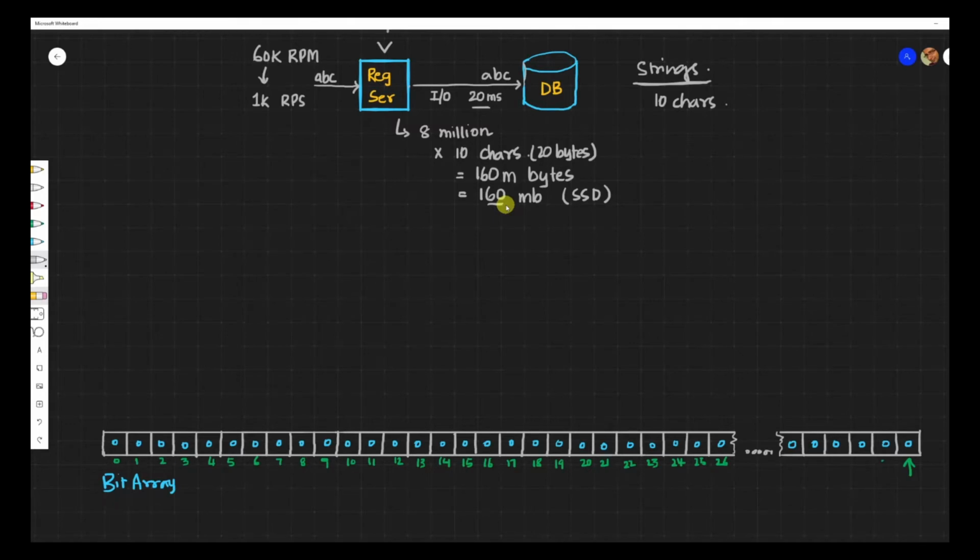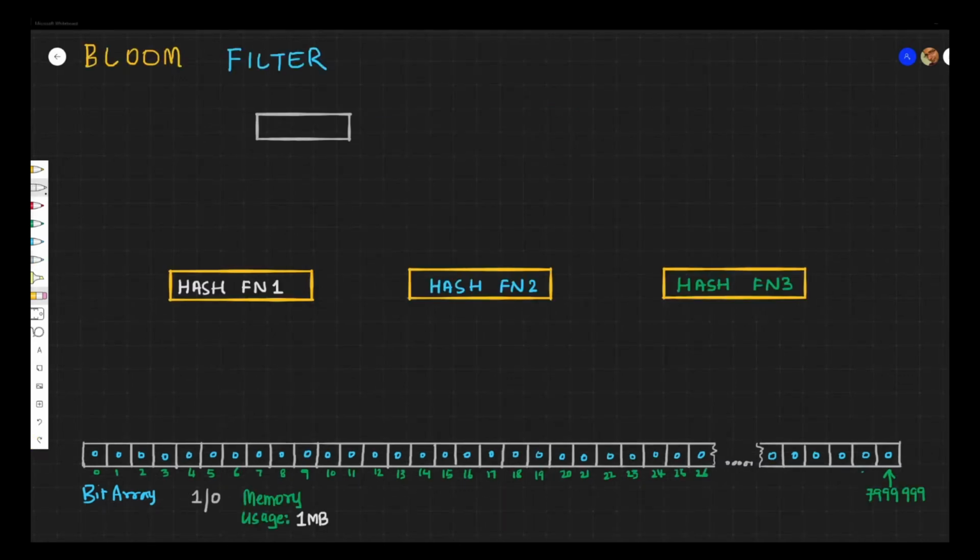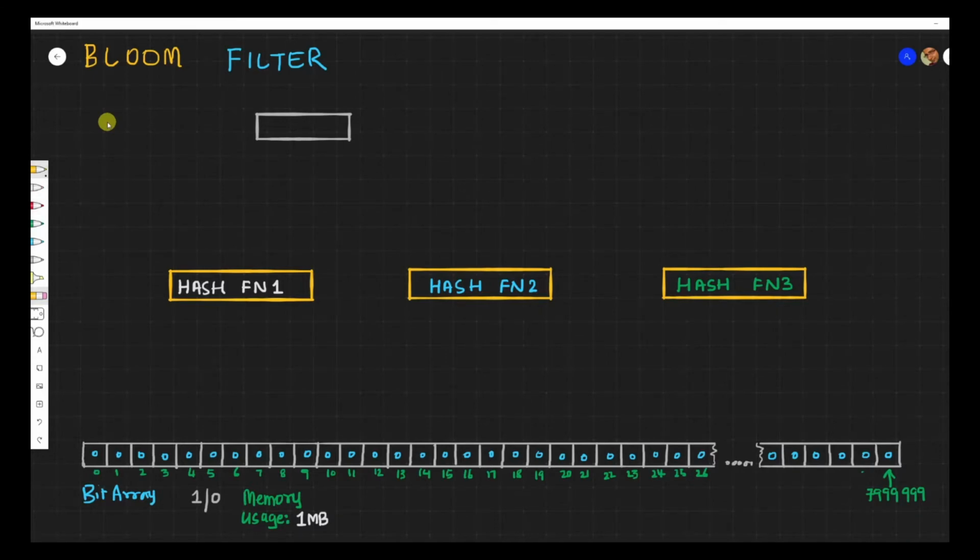But how is this going to help us in storing it, and how do I know in bits? Because in a bit, what we know is we are going to store either a 1 or a 0. That's what a bit can hold. So how are we going to deal with this? What happens in a Bloom filter is that we use it along with a few hash functions. Let's say we have 3 hash functions over here, and what we are trying to insert is a user ID, say Mike.